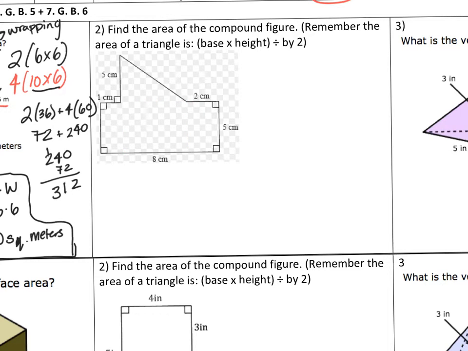All right, so number 3 says, what is the volume of the triangular pyramid? Here is the formula for solving for a triangular pyramid. It's volume equals 1/3 base times height. So you would have to find 1/3, and the base, you're trying to find the area of the base times the height. And the area of the base in this case